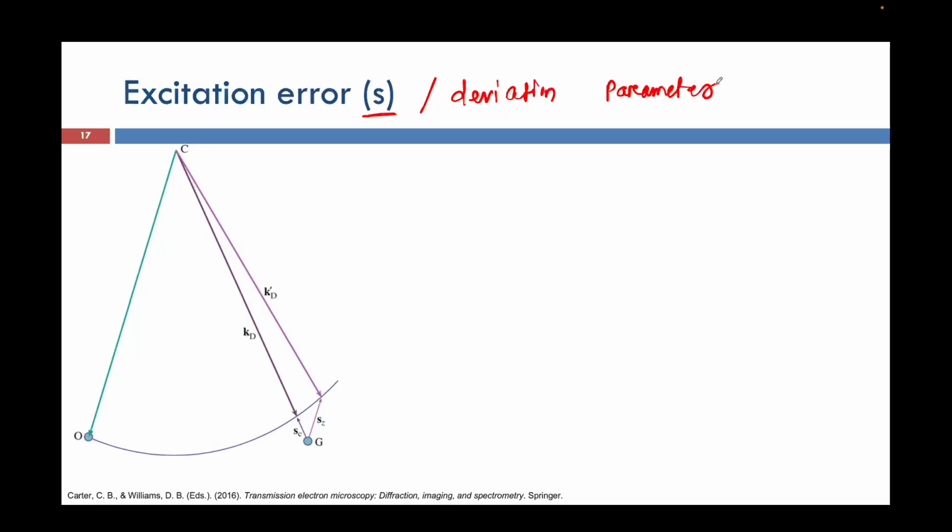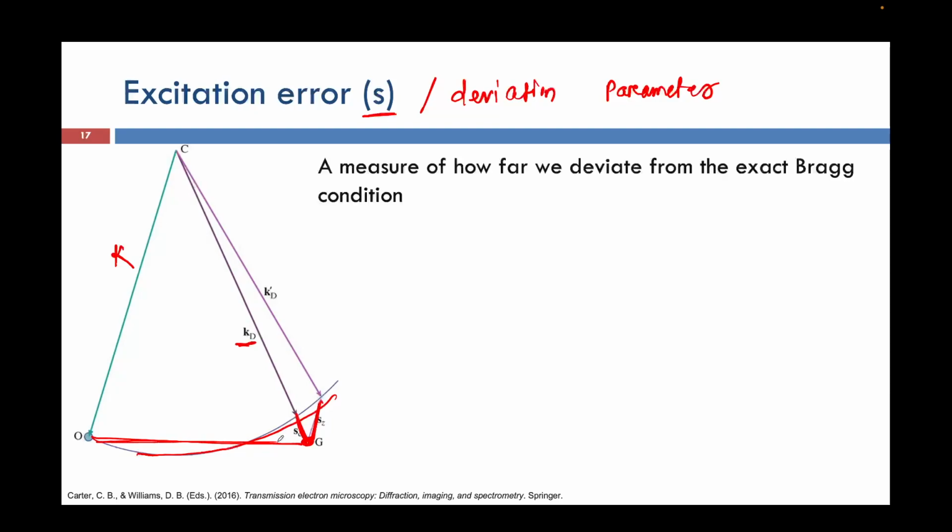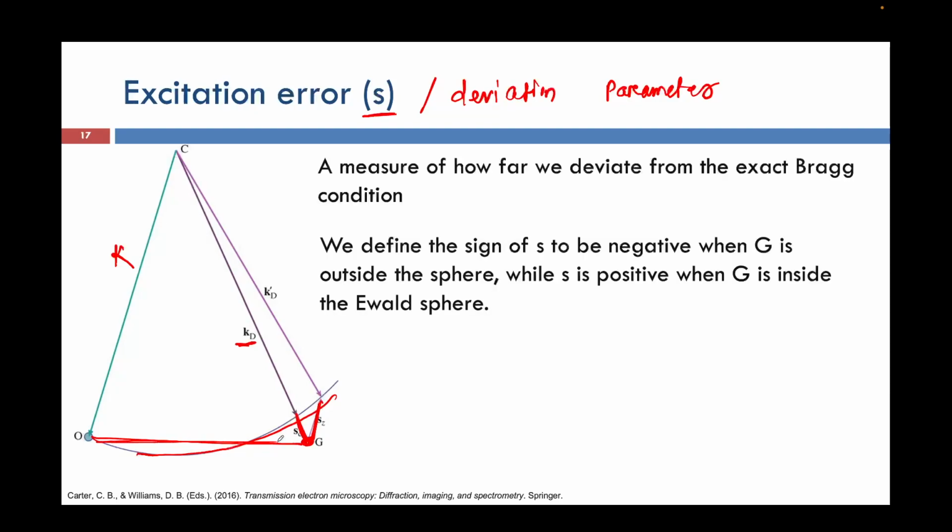Okay, and in this figure you can see the Ewald sphere, and whatever error there is, be it for this beam or this beam. So now K is this one, and KD is this one. If I consider the G vector now, what will be? I can write KD minus K will be equal to,